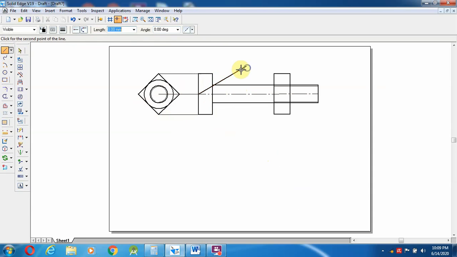So those lines 0.13 mm, and from mid going to make a straight line,